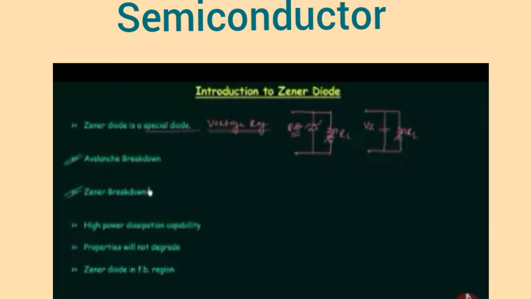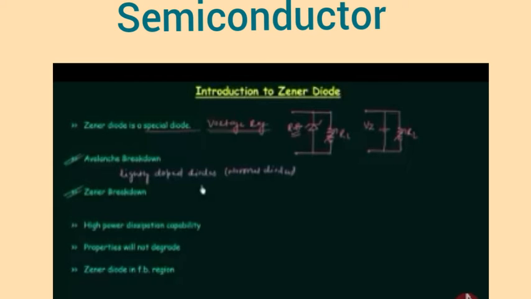The avalanche breakdown occurs in lightly doped diodes, which are the normal diodes. Zener diodes are highly doped diodes. In the case of lightly doped diodes, when you apply a high reverse bias potential, the electrons will gain kinetic energy and break the covalent bond and collide with other electrons. This process will free more electrons and have a chain reaction, and because of this a large current is produced.